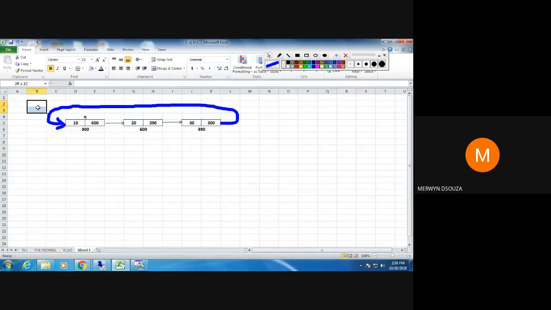The only problem of doing it in Excel is to show the circular form. You will have to use something like this, like I'm using some screen marker. And the screen marker does not remain. The moment I close the app, this screen marker goes. So it's not a permanent thing. So only that is the problem of doing it in Excel. You cannot show the circular part here.